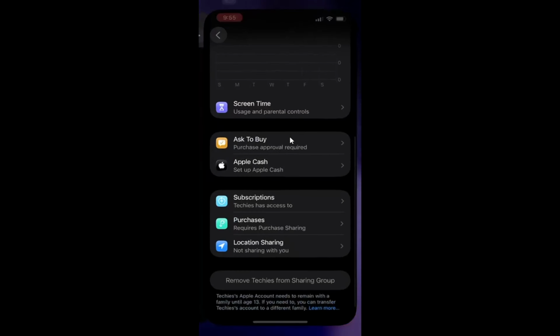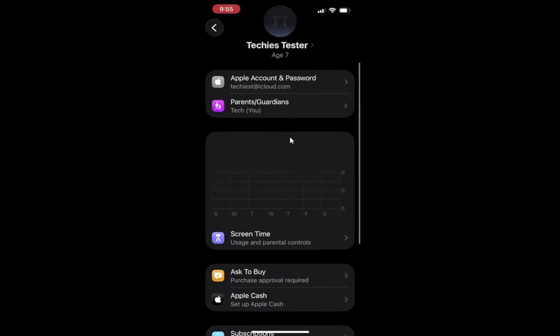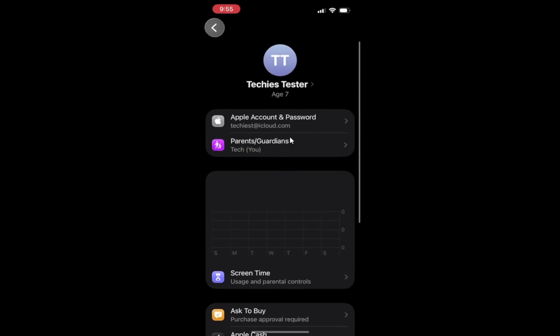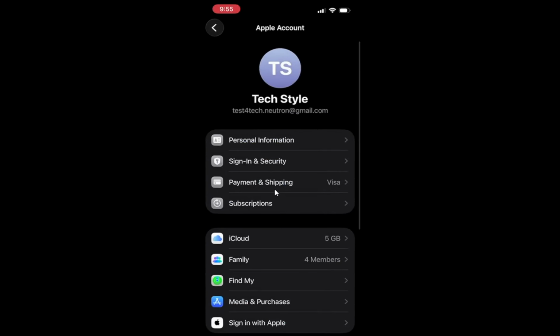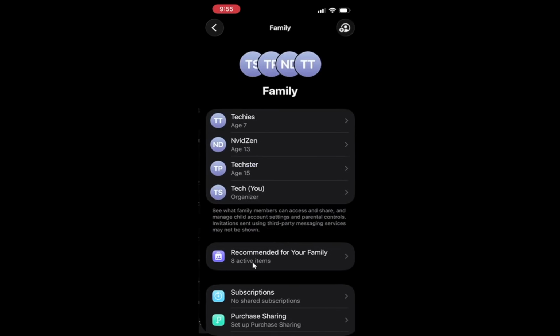If the child is between 13 and 17 years old, the steps are different. Start by opening the Settings app again and navigating to Family. This section allows you to manage older children's accounts with a bit more flexibility. Tap on the child's name to view their account settings. This step is straightforward and important, as you will be making changes specific only to this child's account.